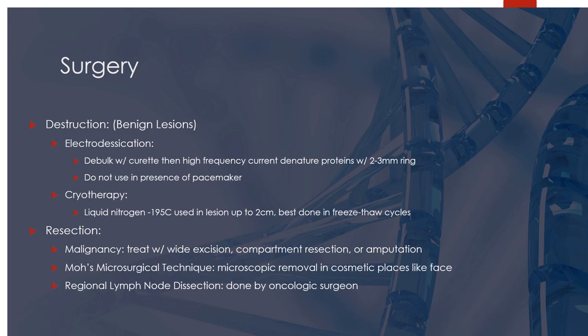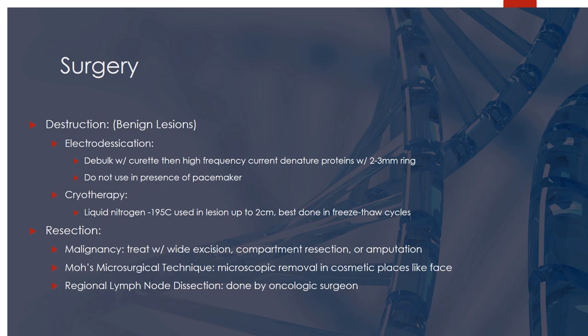Everyone's got their treatment of choice for a verruca once it gets to a point where surgical or invasive procedures are done. You can cauterize after curetting the lesion. You can use cryotherapy. You can excise the lesion if it's small enough. Many options. Talking about resecting something, in the case of malignancy, the options are wide excision, compartment resection, or even